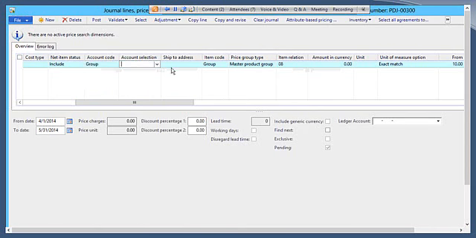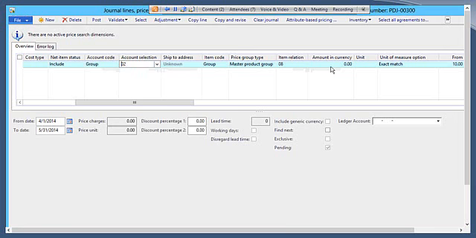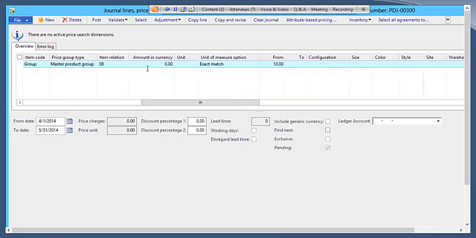I'm going to say customer group number 2. And then what's the value? Now this is a line discount, so I may give a percentage off, or I may give a fixed amount off. I'm going to give a fixed amount off, and so I know I'm getting some money back from my customers, but I'm very aggressive in trying to win the sale. So I'm going to give $6 off per unit, and that's from 10 to 20. Okay, and I'm going to save that, and then I'm going to copy the line,